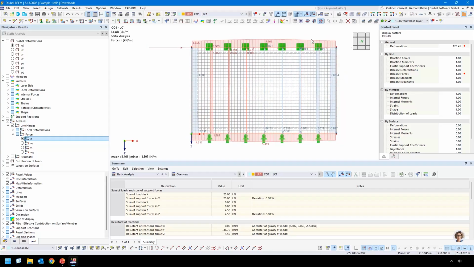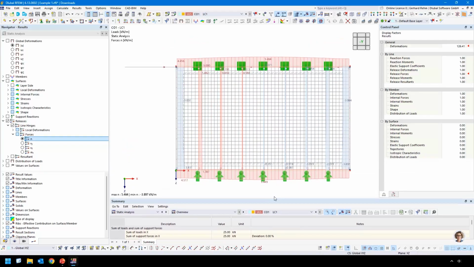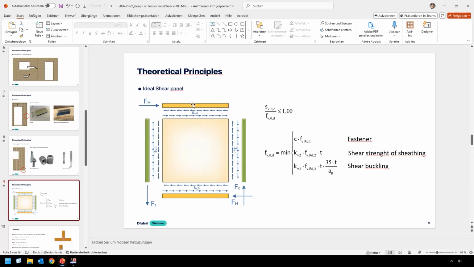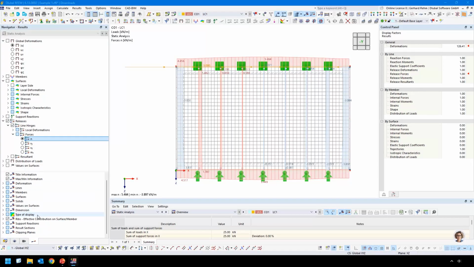Okay, so what do we see? We see the shear flow in each connector. It's not ideal. We applied 5 kilonewton per meter. At the beginning, the shear flow is a bit less than 5 kilonewton per meter, and at the center, it's a bit higher than 5 kilonewton per meter. So when we remember the graphic about the ideal shear panel, we can also go here